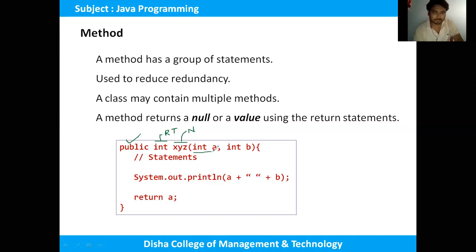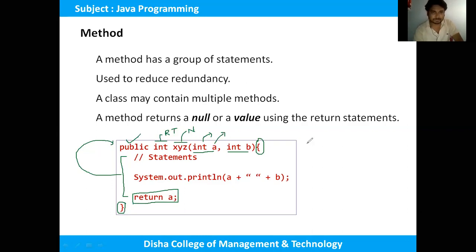Okay, these are the parameters or arguments. That is the type of this argument, and this is the argument variable. After that it must be followed by curly braces, and within these curly braces we have to write the block of code, and this block of code belongs to this method name. Okay, and this method returns a value. It completely depends on the return type of the method.